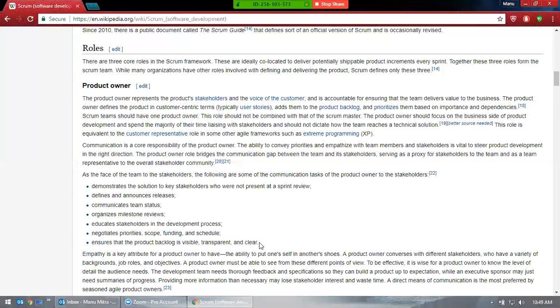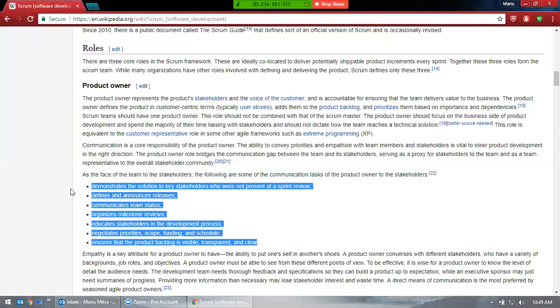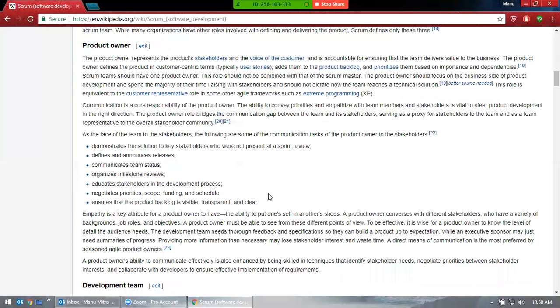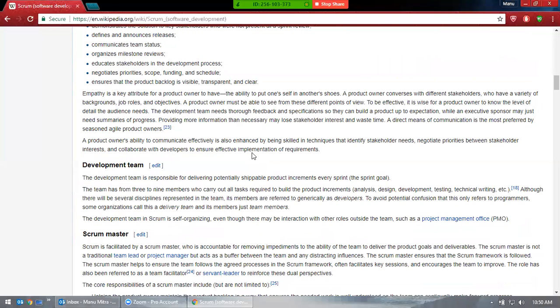If your boss asks, you'll have a good explanation. I'll give you some reference sources you can verify. That will help you when you're giving an explanation to your boss. This is very important, so make sure to go through these responsibilities and try to understand what each responsibility is. It will be helpful for you. Next you have the development team.